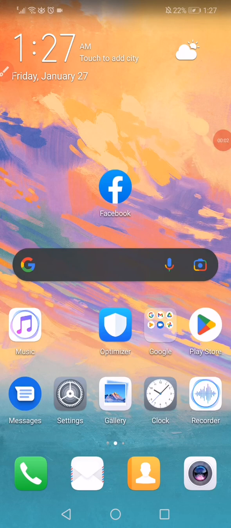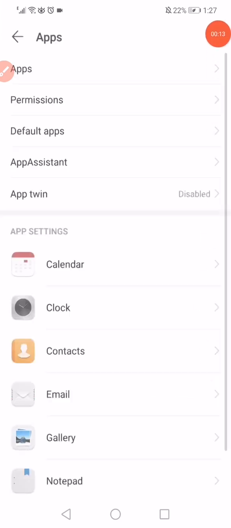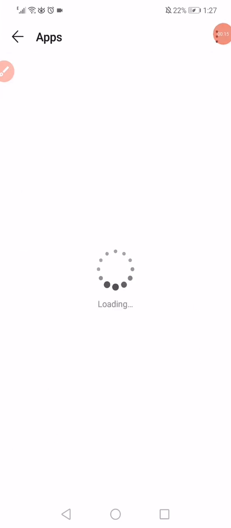On this new short tutorial, guys, I'm gonna show you how to fix Facebook login problem. First thing, guys, open the settings and then go to the apps manager. When you open the apps manager, now on this page, all what you want to do is just wait a